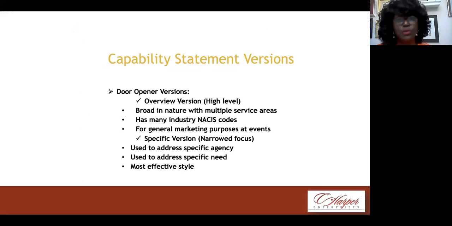It's a high version. You might meet people from all walks of life, all industries. They might be not just partners, but they might be presidents of companies. So that's good to have your capability statement. You never know who you might get a presentation with, or what we call industry days, when you meet face to face to present your case and pitch. So it's real important that you have a high industry one as well. And then there's a specific version where you narrow it down for that specific agency and that agency's need, which is more effective.